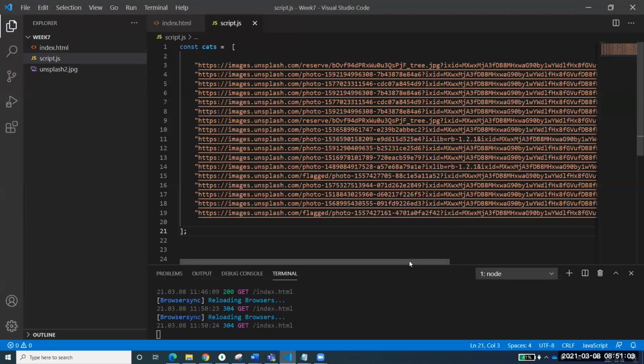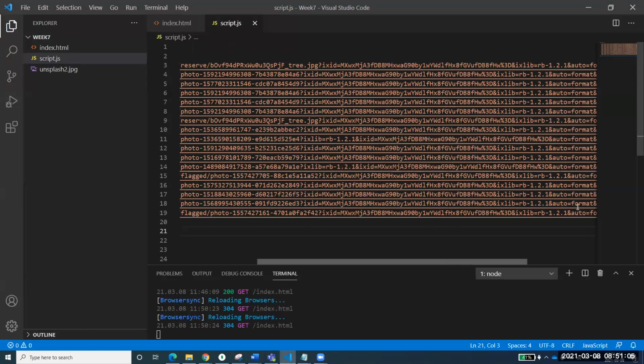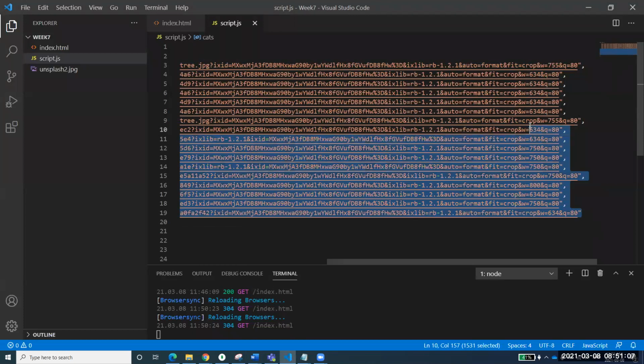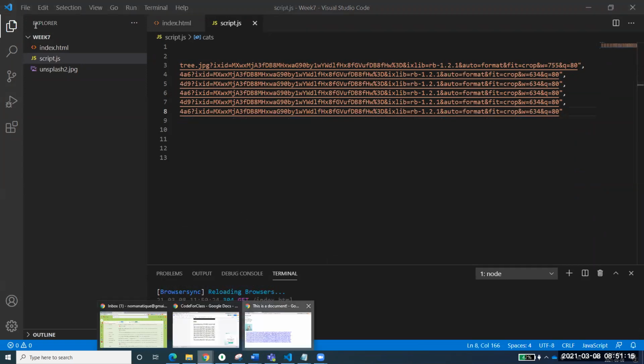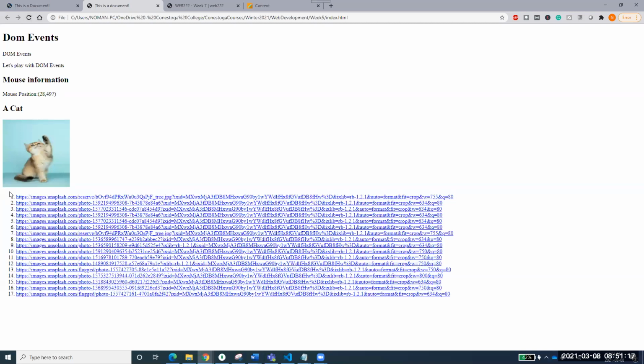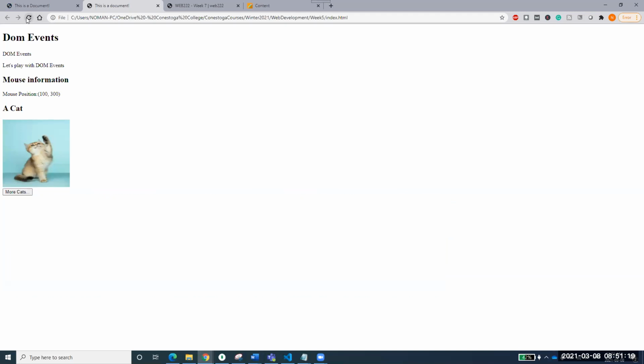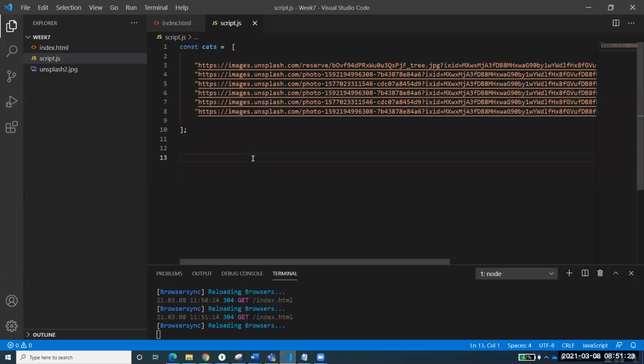If I cut down a few URLs from here, just cutting till the comma, I want to show you how it is loading them. If I refresh it and click on it, it's still showing the 17 one. I have not saved that document.